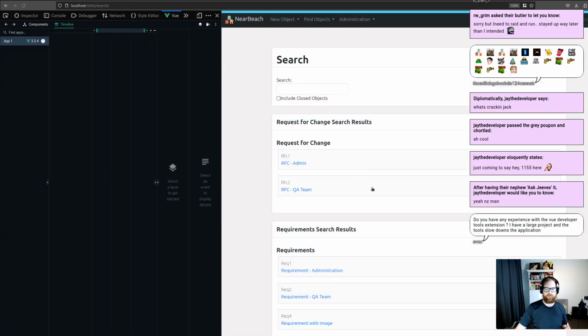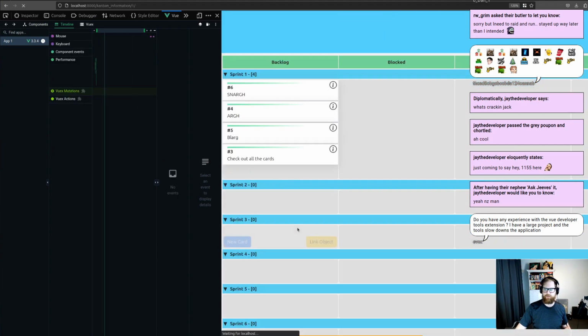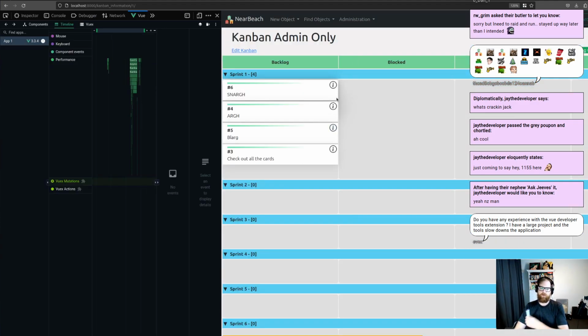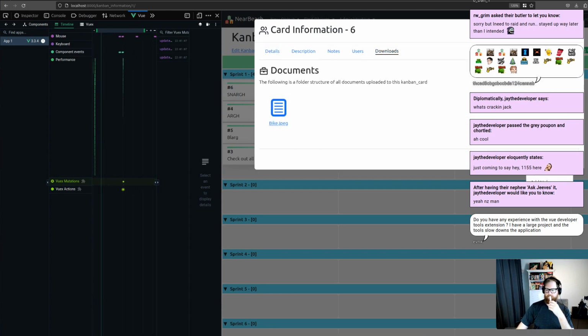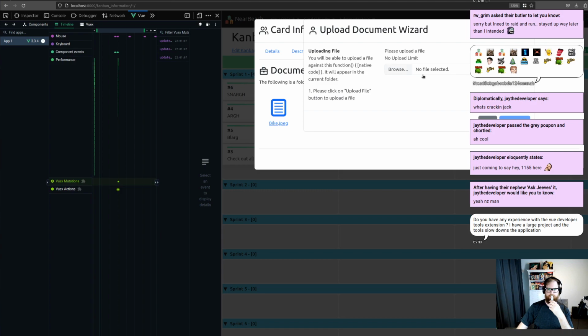What we need to do is we need to go to list all. We'll go to the Kanban admin. We'll open up one of these. Go to downloads. And we'll upload something else. So this is the bug which we want to fix. Now we couldn't have done that before